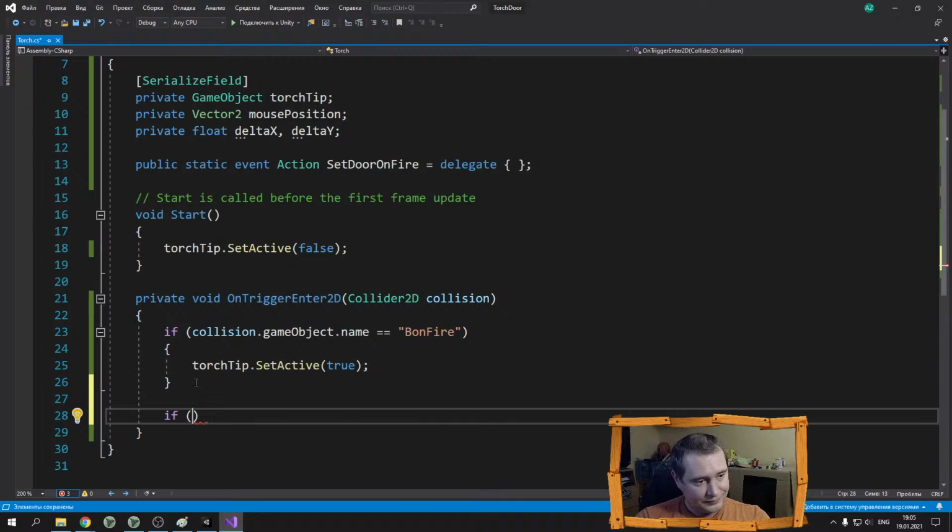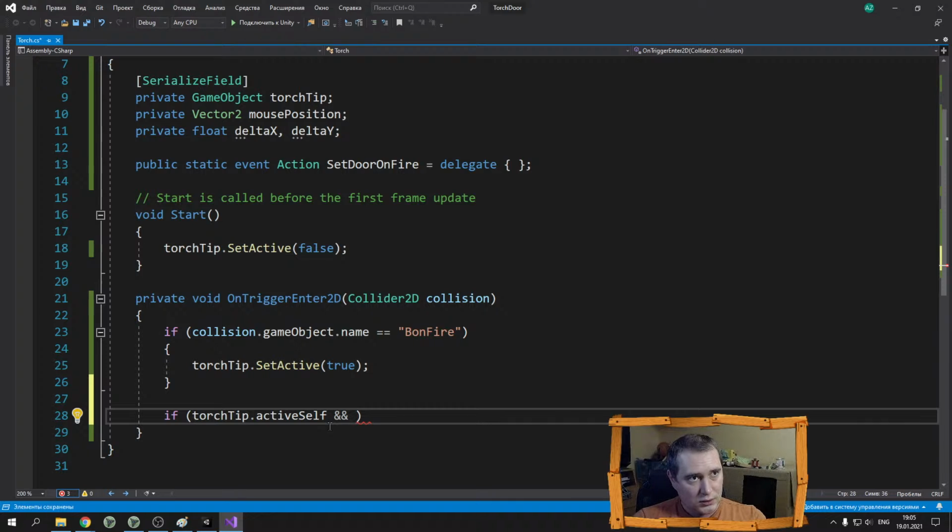So if torch tip is enabled, is active self, which means that the torch is in an active state, and